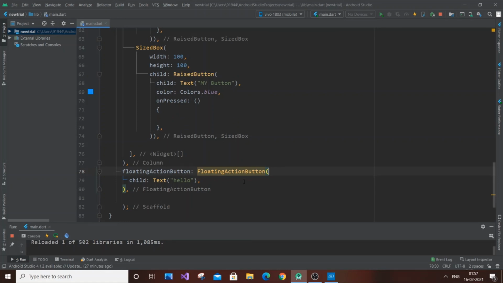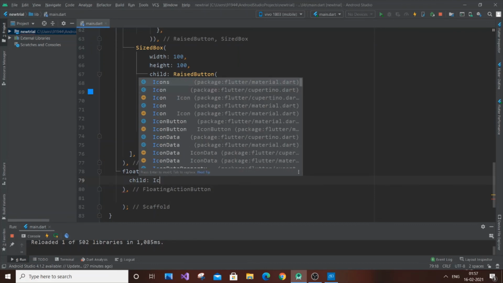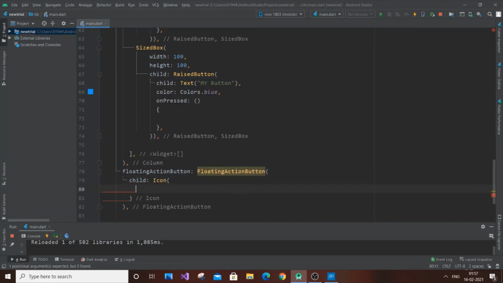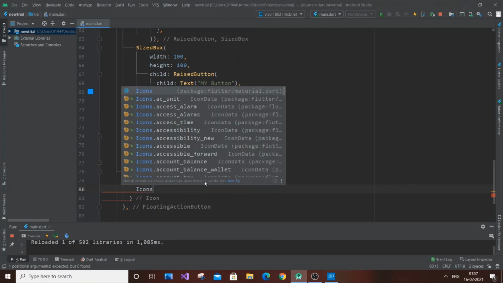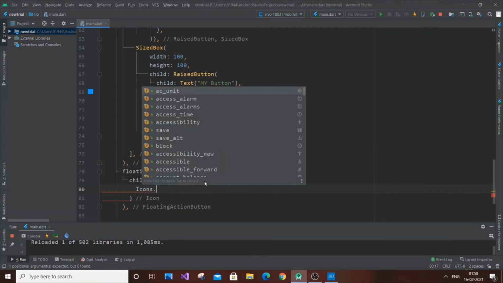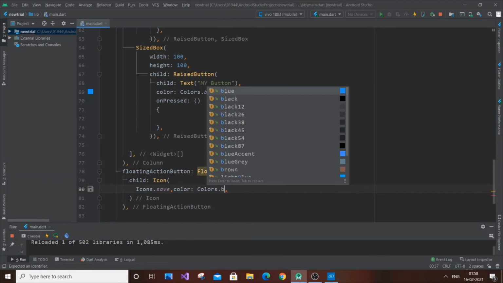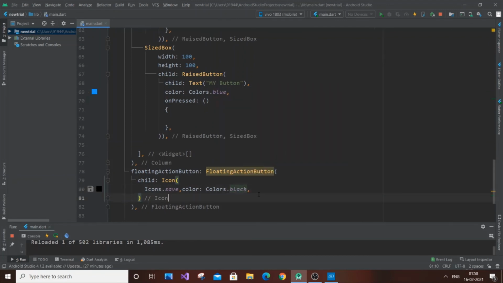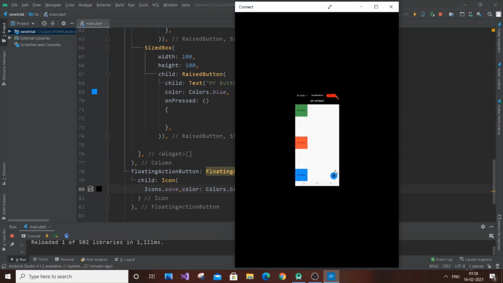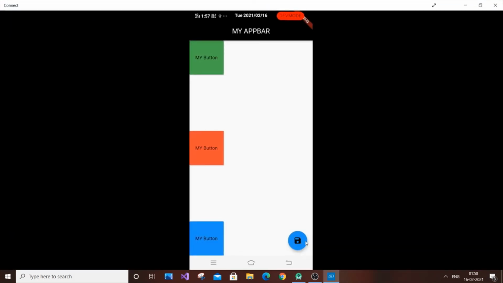And if you want to now change anything, if you want to add an icon to it, just type icon and open it. Type icons dot, and you have these many icons. So I'm going to the save icon. Okay, and you can also specify the color of the save icon. Color I will specify as colors dot. And as I told you earlier, icon is also one of the most frequently used. I forgot it. Icon is also a widget, and it's one of the most basic and frequently used Flutter widgets. And if I run it, as you can see here, our icon is there beautifully.